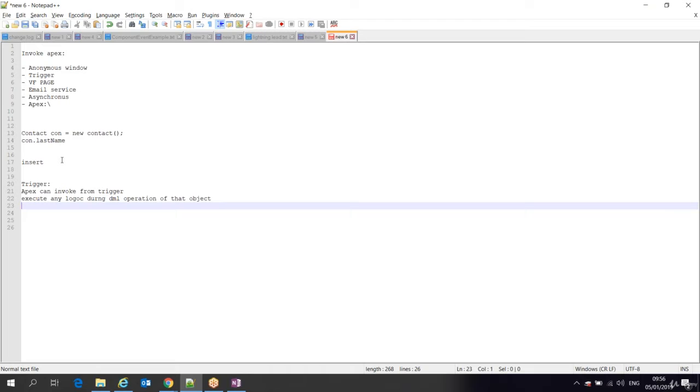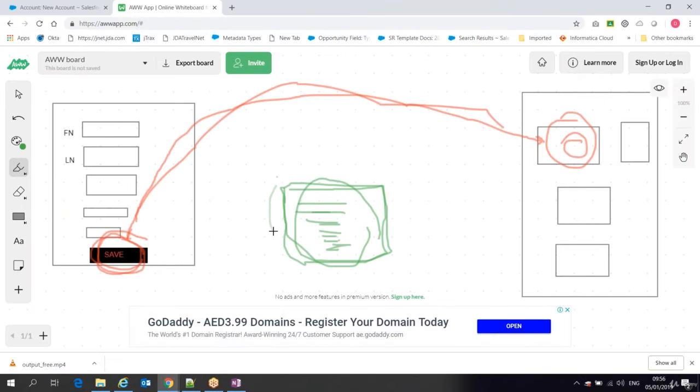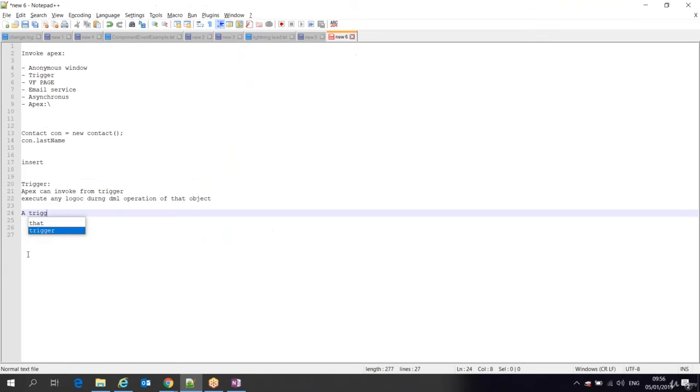So simply, I'm writing a piece of code. I'm saying a trigger is nothing but some piece of Apex code which will execute whenever DML operations are happening. DML operations are nothing but insert, update, delete, anything. So if I give the technical definition, a trigger is Apex code